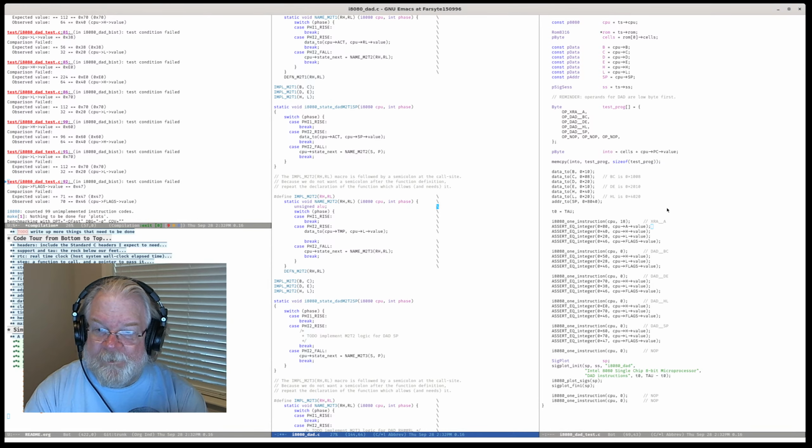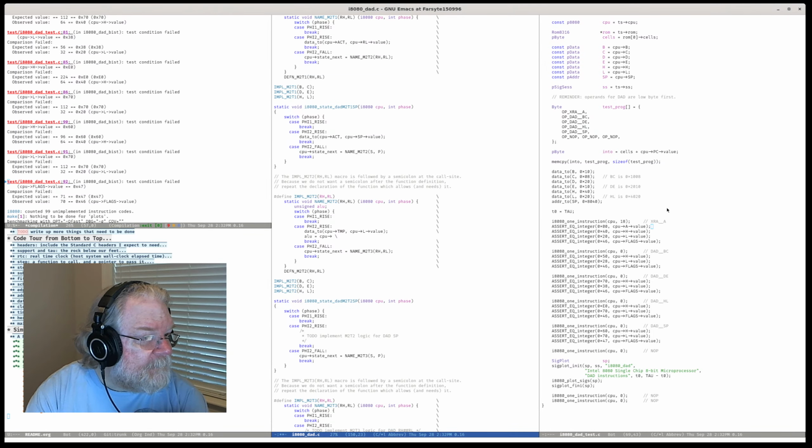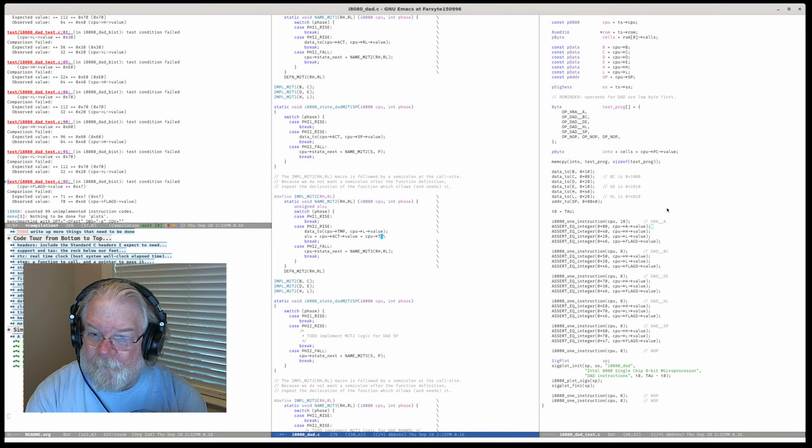I need to avoid indenting that manually. ALU is going to be equal to... what is going on here?